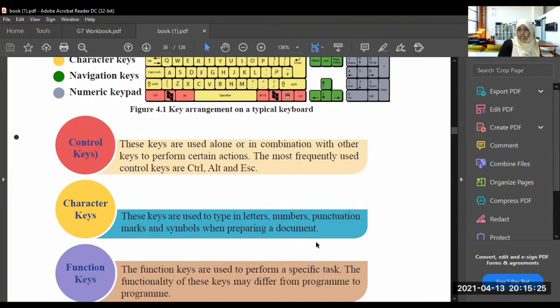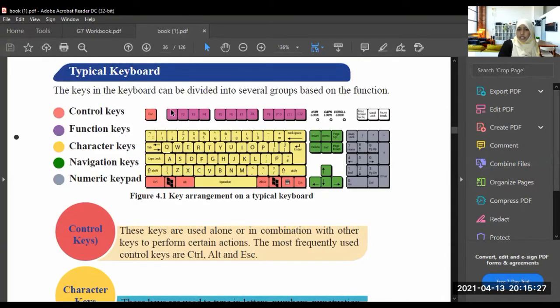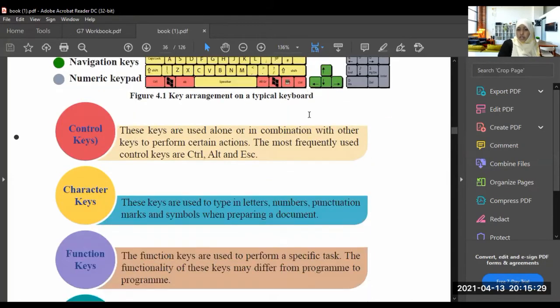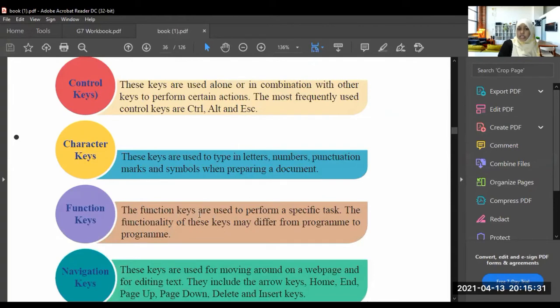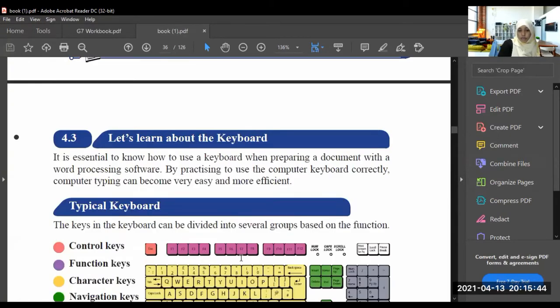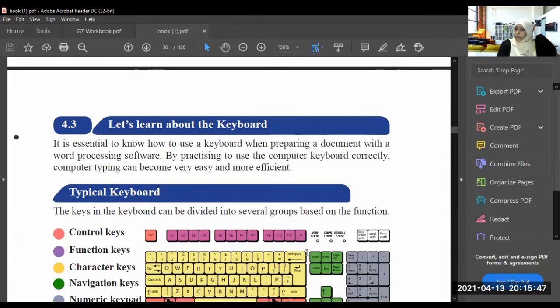The function keys. What are the function keys? These are the function keys. They are used to perform a specific task. The functionality of these keys may differ from program to program. In these keys, F1 till F12, you should remember it.